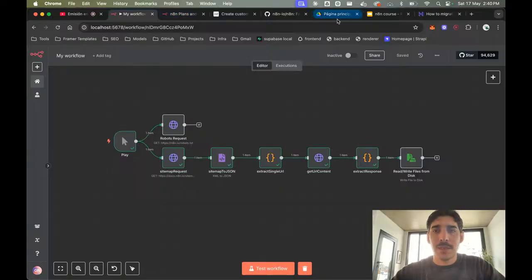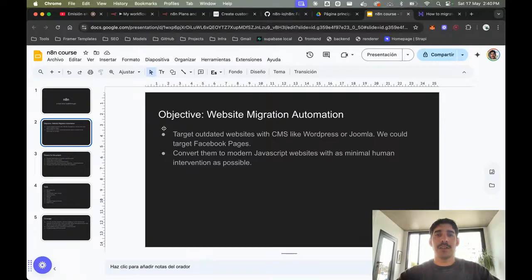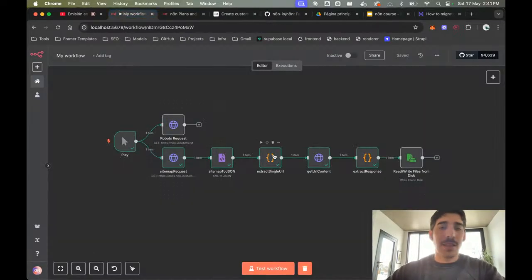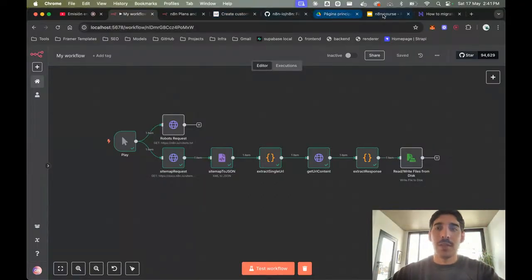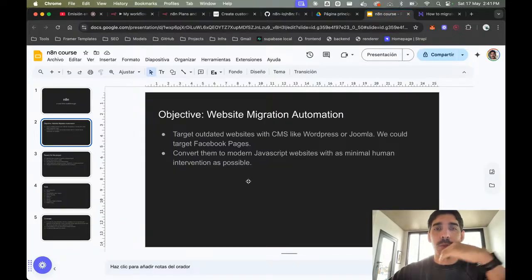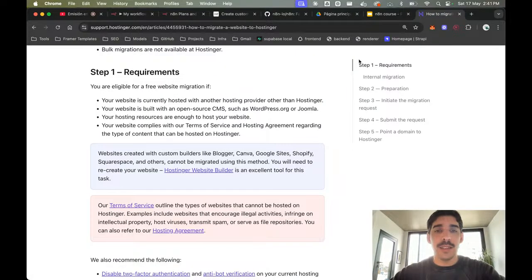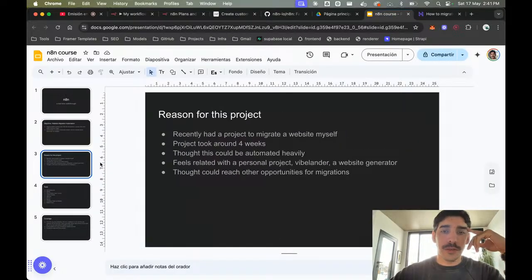But it was very interesting to see that what I was thinking about, after spending 4 weeks migrating a website manually, and seeing someone looking for an expert in n8n, I was like, maybe I need to learn this and I can apply it to my own case. What if I apply it to the migration and speed up that time? Then someone else showed up with another WordPress website. Then this guy showed up as well, in which we find this one. So there were a lot of signals to continue with this.